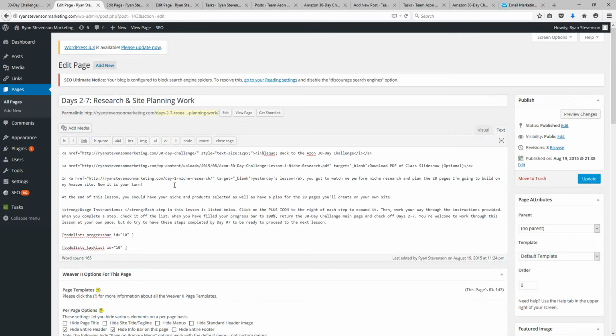But in the checklist guide post for each one, there's going to be 3 links here up at the top. The first one is the one you want to change to Team AZON Pro and 30 DC. The second one is for a PDF. You leave that one alone. The third one here, though, is pointing to yesterday's lesson, essentially the video lesson that you just got done transferring over